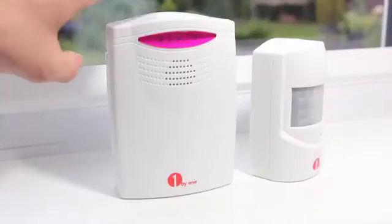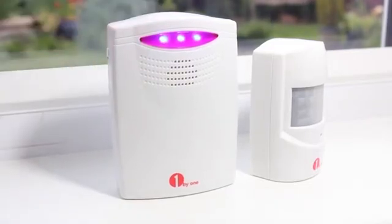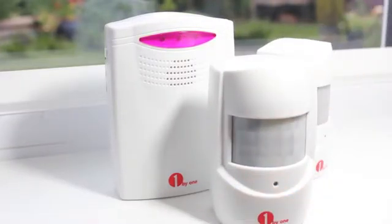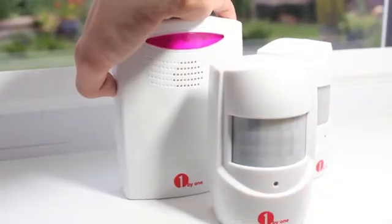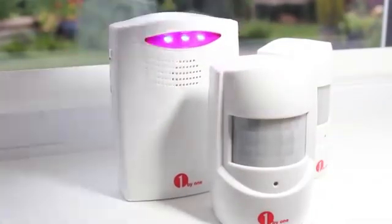The system is extremely easy to set up. When you switch the receiver on for the first time, the 3 LEDs at the top will illuminate in bright blue for 15 seconds. In this time you must trip the sensor by walking past one of the transmitters. The receiver will beep twice to confirm that the link has been made. You can then do the same with the other transmitter, but by pressing the auto learning code button first to